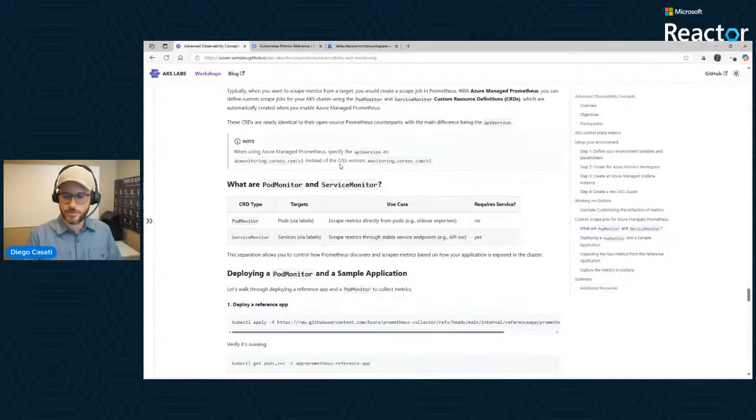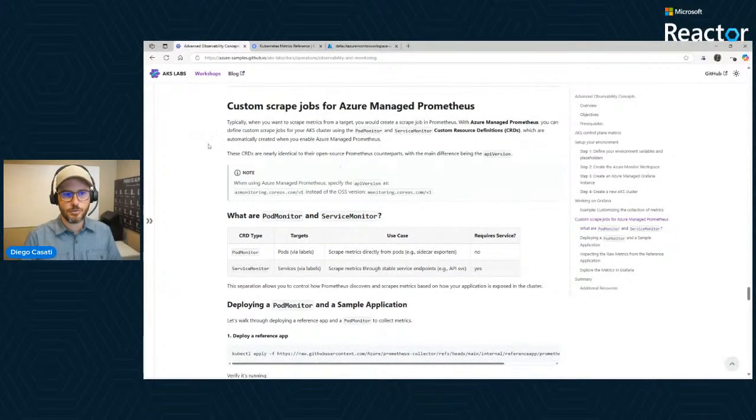The last one here, I'm just going to go over with the time that we have. I find this to be quite interesting, and that is how to do custom scrape jobs for Prometheus, in this case for managed Prometheus. So imagine we actually have a pod, and if I hit a specific endpoint on that pod, I have metrics. Let's suppose we have a weather-related pod, right? We're getting information about the environment. With Prometheus, there is a custom resource definition, a CRD, that we're going to be using. You can tap into those metrics and then flow that up into Grafana.